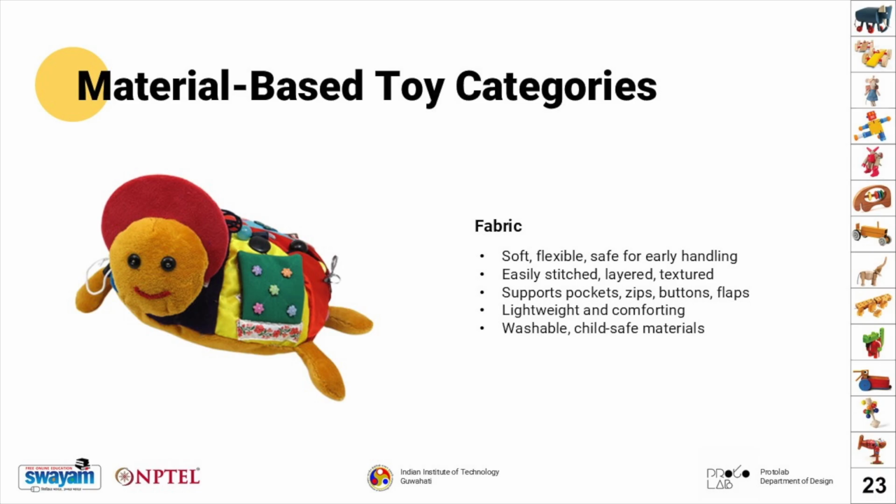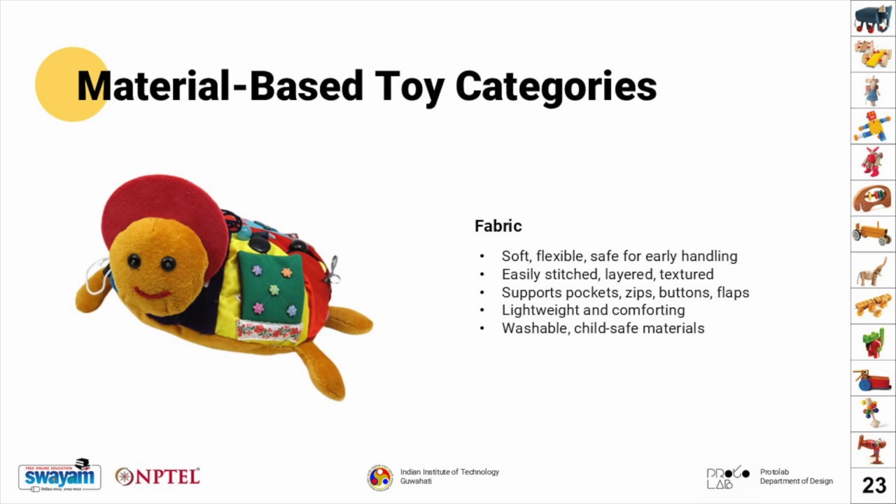shapes, cotton padding. Fabric bends and moves with the child, making it ideal for early social emotional play, hugging, carrying, soothing. The material also lowers risk. No hard edges, no sharp corners. Designers choose fabric when the toy needs to be comforting, flexible, or tactilely rich, supporting both motor play and